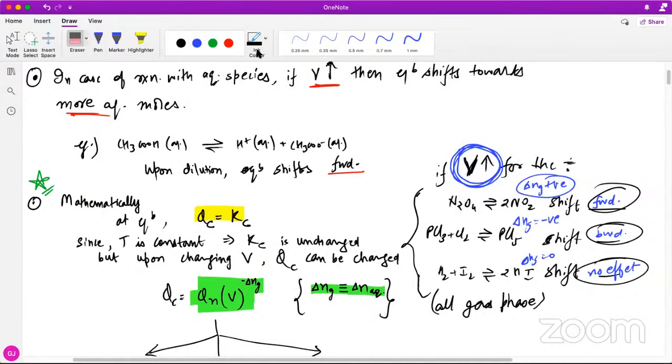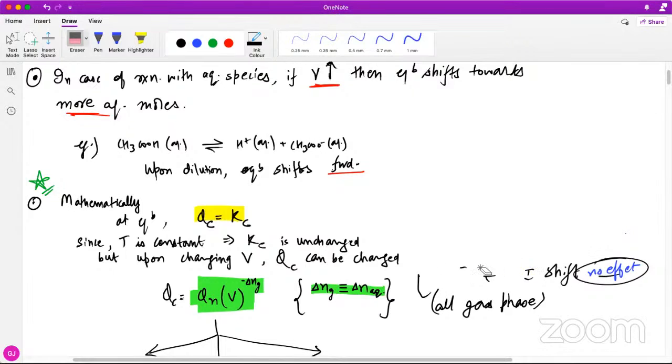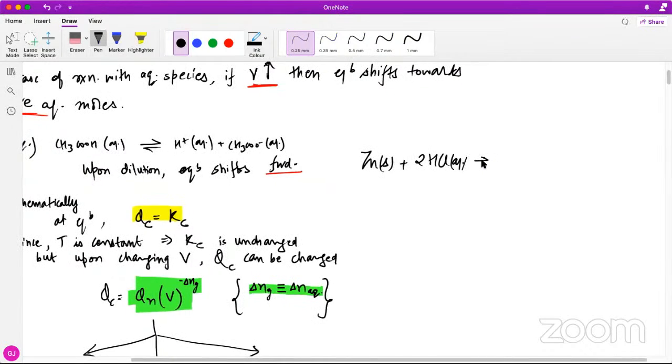So you've written delta Ng is equal to delta N aqueous, but what if they give aqueous species as well as gaseous species? अभी के लिए यू आर गेटिंग रिएक्शंस जिनमें आप केपी केसी डिफाइन कर सको, बट अगर लेट्स से फ्यूचर में ऐसा क्वेश्चन आता है, ठीक है, जैसा तुमने पूछा, आई थिंक क्वेश्चन सबको समझ में आया? हाँ सर, पहले तो नेग्लेक्ट करते थे ना। नहीं तो मैं जैसे एग्जांपल लिख देता हूँ ना यहाँ पे, ये अपना क्लासिक एग्जांपल चलता आ रहा है स्टार्टिंग से, इसमें एक्वा स्पीशीज भी है ना, और गैशियस स्पीशीज भी है।